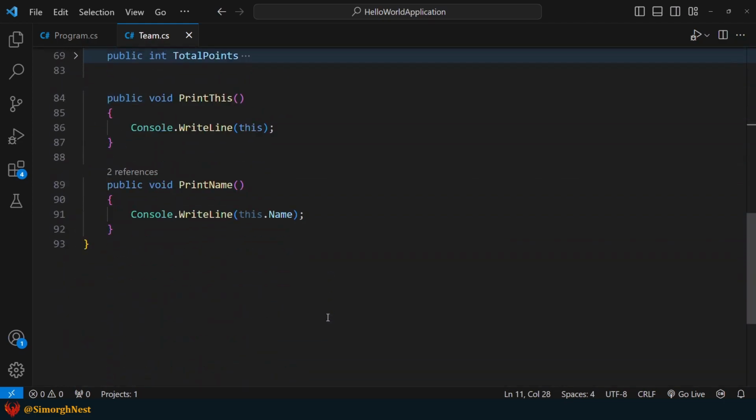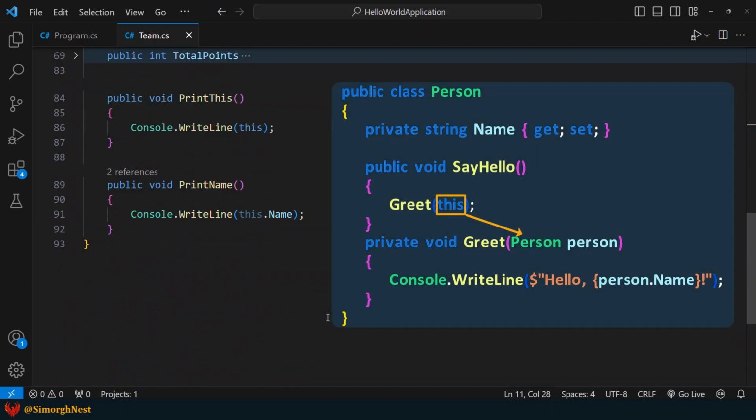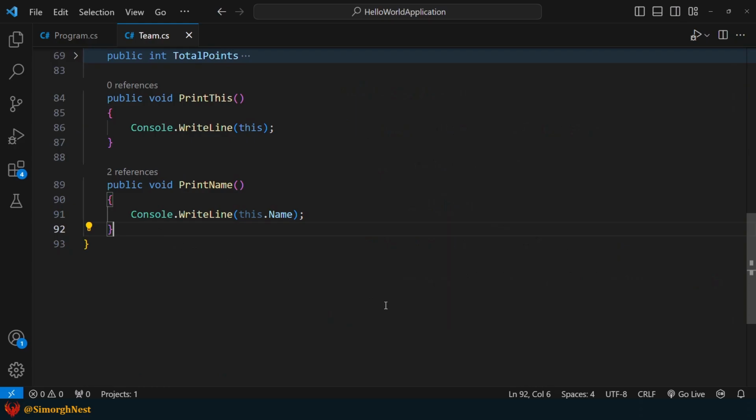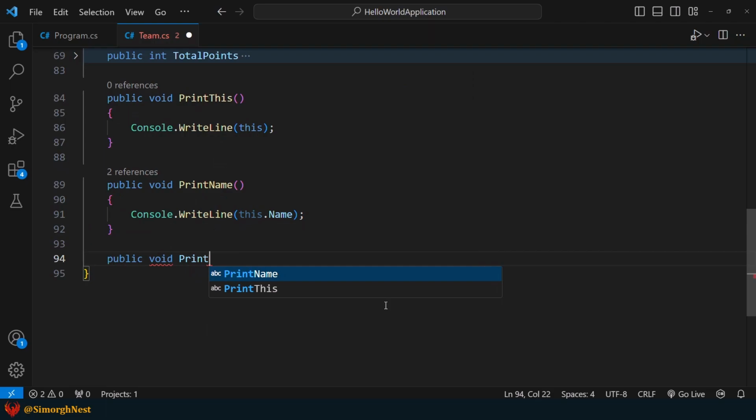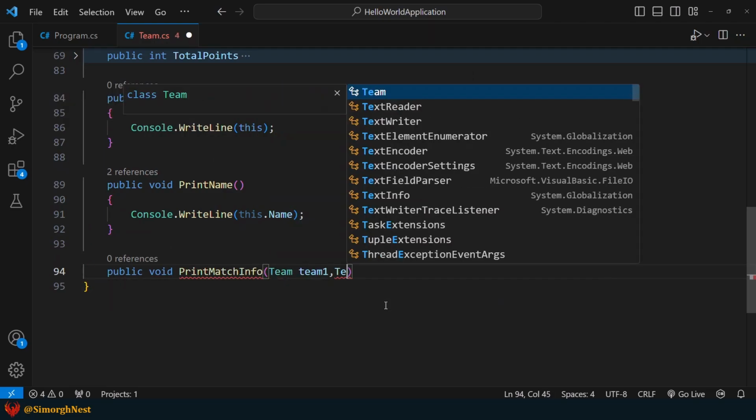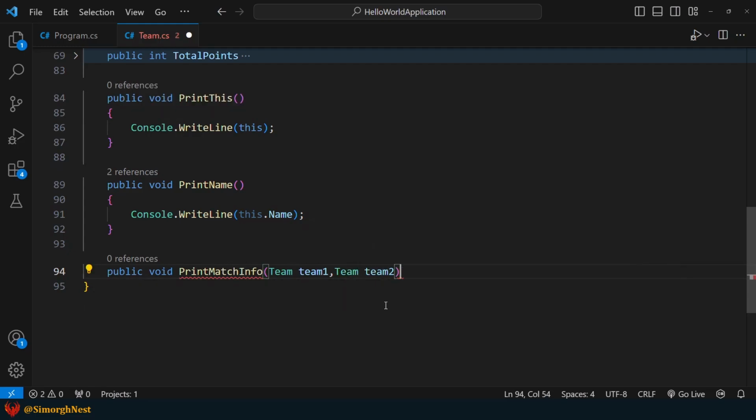Alright, another use of the this keyword is to pass an object as a parameter to other methods. We can use the this keyword to send the current object as an argument to a method. For example, let's create a method called printMatchInfo that takes two team parameters. Inside this method, we print the names of Team 1 and Team 2.